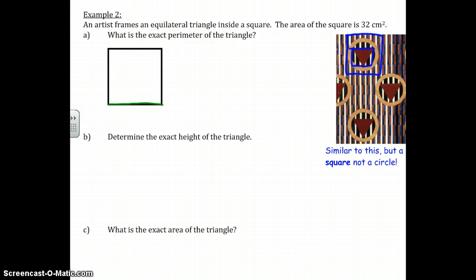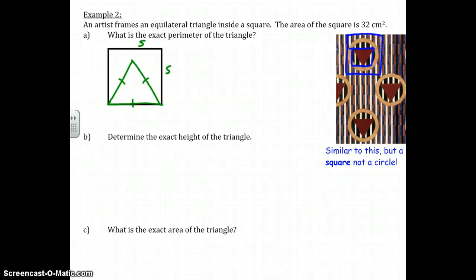We can't actually go all the way to the top with this triangle, because it would be longer than the bottom side, and all three sides need to be the same. So it's going to be something like that inside there. All three sides of the triangle are the same, and on this square all the sides are the same. On a square, if this is S,